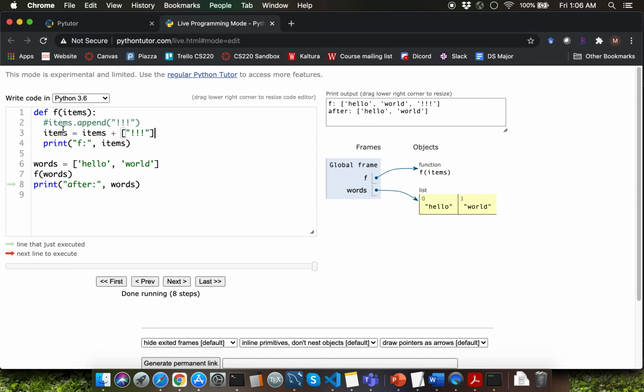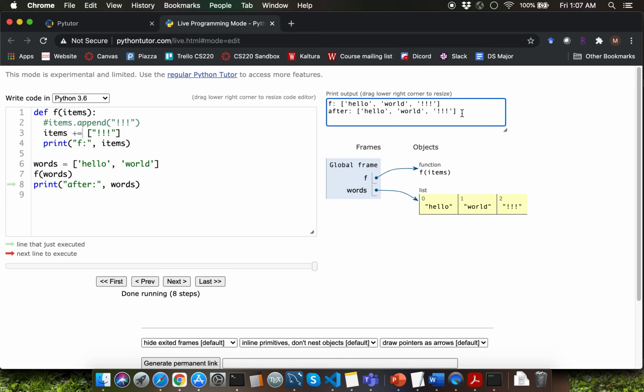I'm going to show you one more variation here, which is a very surprising behavior with respect to Python. Instead of saying items equal to items plus this new list, what do you think will happen if we say items plus equal to the list which contains the triple exclamation point? Observe that we are going back to the original version here where you're updating the existing list object instance and you're getting the exact same output from inside the function f.